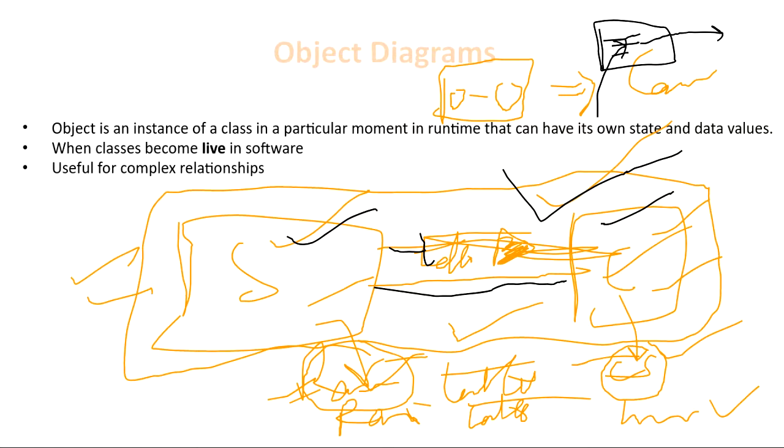Suppose I have drawn this class diagram and I have shown a static relationship like student takes course. So is this right or not? Is this stable or not? If you want to check your system, you will execute your system and give some real life examples or values to your system. And if by giving these real life values the answer comes right, you will say that, okay, the system is stable. So can I say that object diagram can be useful for some small test cases to check the stability of a system? Can I say that?